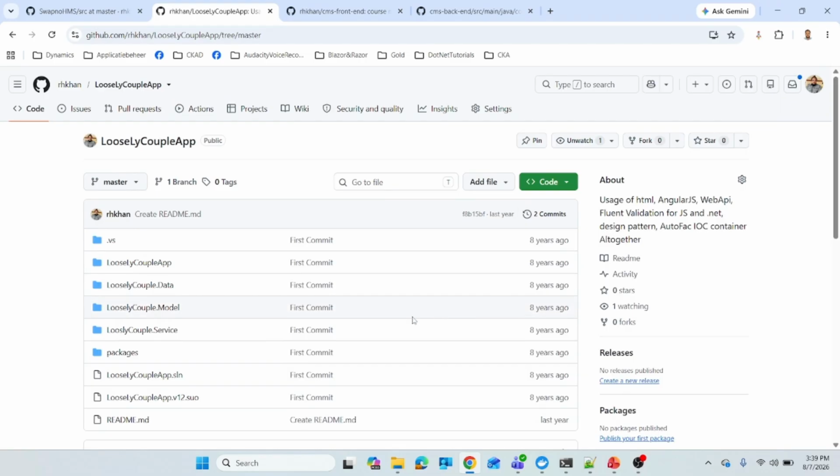Now I am going to show you some code that I already posted to my GitHub repository, to show you the practical implementation of the layered architecture and tiered architecture. So here, this is a sample application named loosely coupled app. This is basically a modular monolithic application. You will see that every module, one is loosely coupled app, one is loosely coupled data, and .model and .service, every module is actually